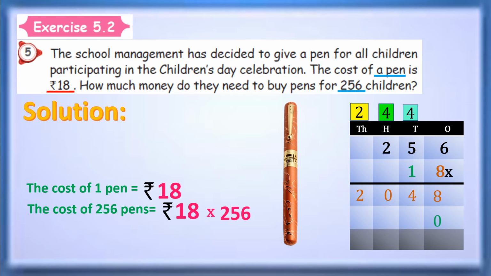So you are all familiar with that multiplication. Here I have started with the tens column, so I enter 0 in the ones place. 1 six is 6, 1 five is 5, 1 two is 2. Now we need to add, right? So 8 plus 0 is 8, then 6 plus 4 is 10. So 0 here and 1 carried to the next column. Then we have to add 1 plus 0 plus 5. That means 6 will be the answer and here 4, right?